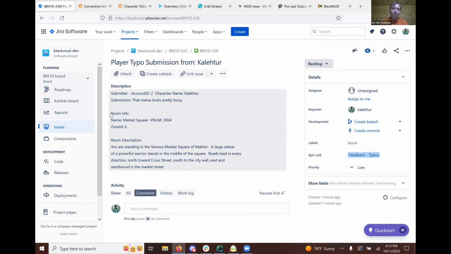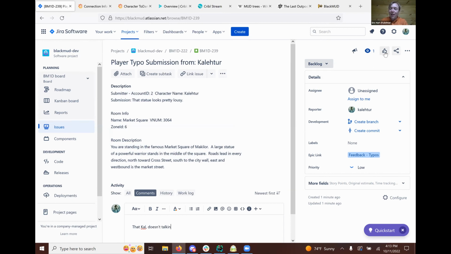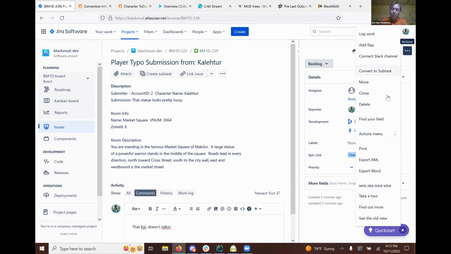And now I have some actual details that I automatically seeded in along with that command behind the scenes to help whoever the admin is that's going to look into this and possibly make a corrective action. It has all the details they really need. But I can say, that cow doesn't know what he's talking about. So I'm just going to delete this guy out, but that's showing what that integration looks like and how it works.